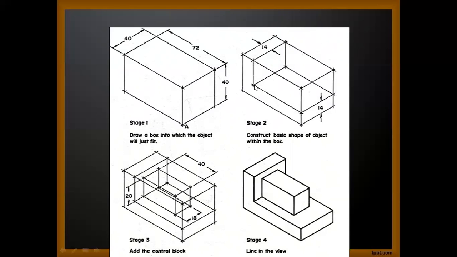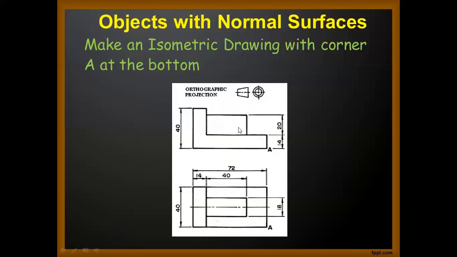Now from this point three lines must go. So draw a line parallel to this line. After drawing this, from this end also a parallel line will come in the downward direction, vertical straight. Then from this point also a parallel line will come parallel to this, so join it. So we will get definitely this base plate or back plate. Okay. Now after completing this construction, we need to draw the remaining portion, this part. The height of this portion is 20 and its length from this end is 40.